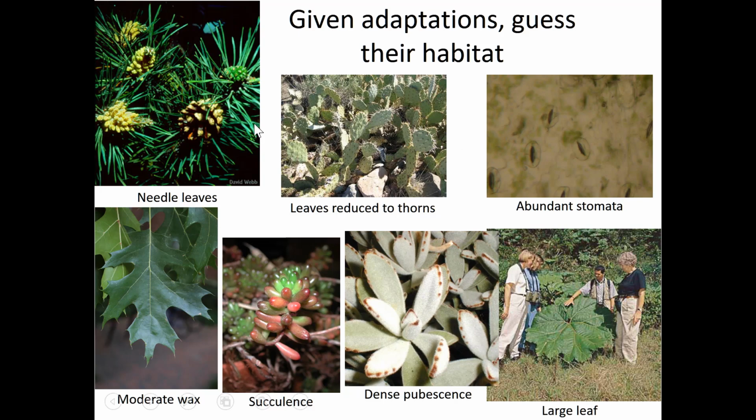Let's take needle-like leaves of the pines that we have around here and throughout a good portion of the world. Needle-like leaves have reduced surface area. They are broken up into very small leaf sort of subunits, so they're highly divided. It's very easy for pine trees to lose energy, to lose excess heat through convection. Now pines typically don't lose a lot of water,